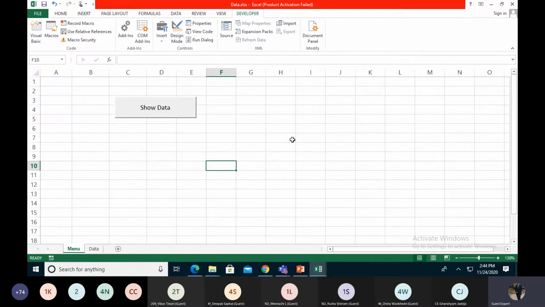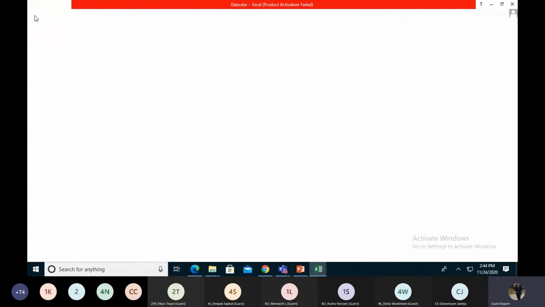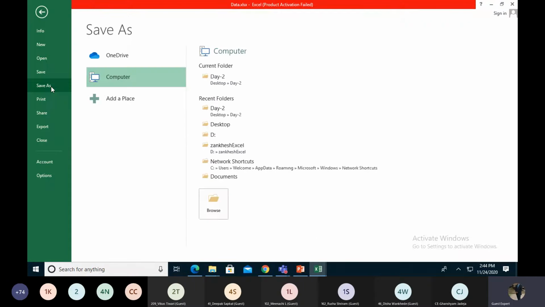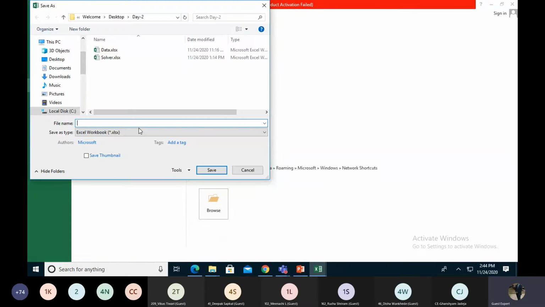Okay, so first of all, when we do this task, remember you have to save it. I save this task file, Save As day 2. I save this as advanced macro, with macro enabled.